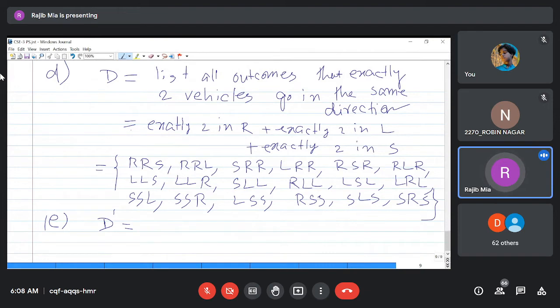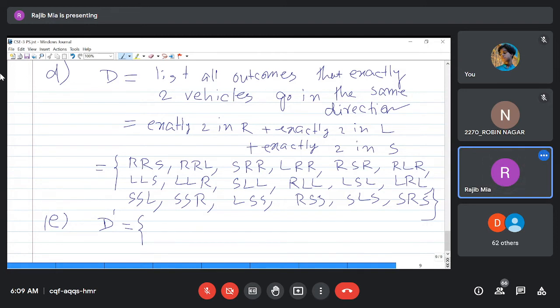Otherwise, you can think like this, that D means exactly two vehicles go in the same direction. So D complement will be either three vehicles go in the same direction, or they go in different directions. The complementary of this exactly two is either exactly three go in the same direction or three go in different directions. So the outcomes in D complement will be